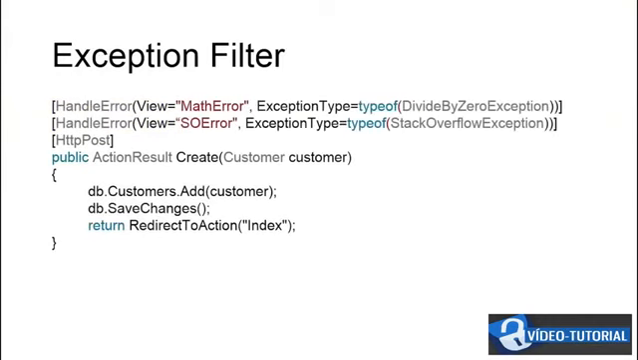In this example, a divide by zero exception would show the math error view, and a Stack Overflow exception would show the SO error view. Any other type of exception would show the error view since it would get picked up by the global handle error filter. This serves as an introduction to the concept of filters in MVC, including some of the most common